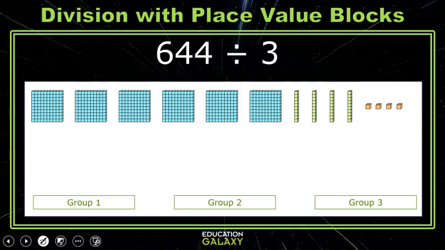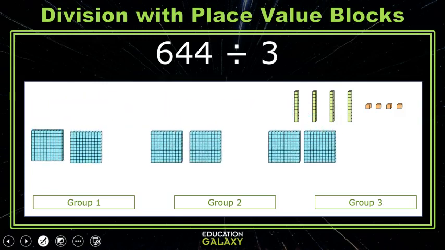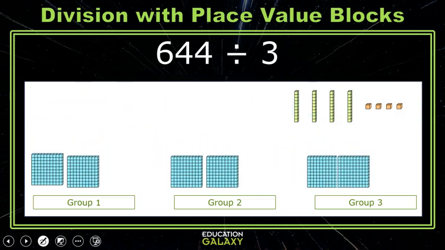Let's investigate division with place value blocks. Take 644 divided by 3, for example. If we consider the place values, 644 is made up of 6 hundreds, 4 tens, and 4 ones. Next, we want to divide it into 3 equal groups. If we divide out our 6 hundreds into 3 groups, we will have 2 hundreds in each group. We can divide our 4 tens into 3 groups. That will give us 1 ten in each group and a ten left over,